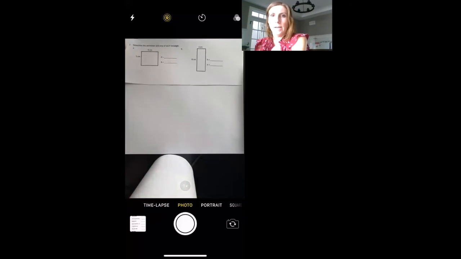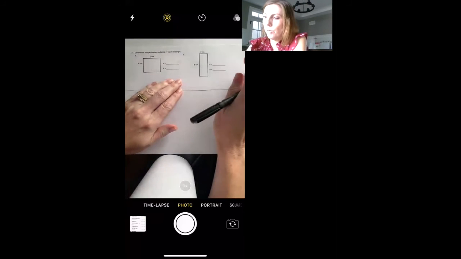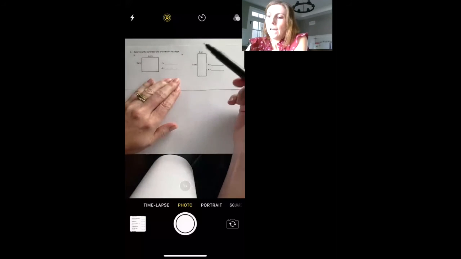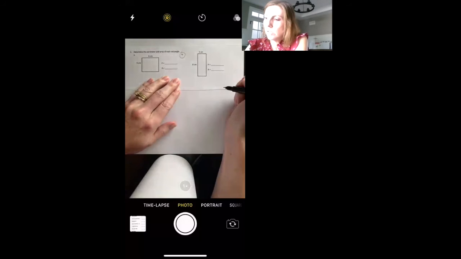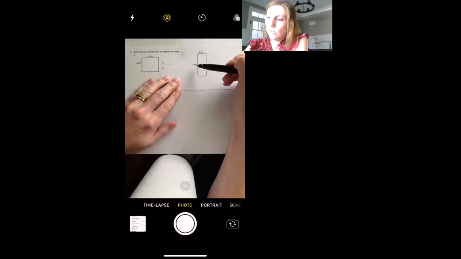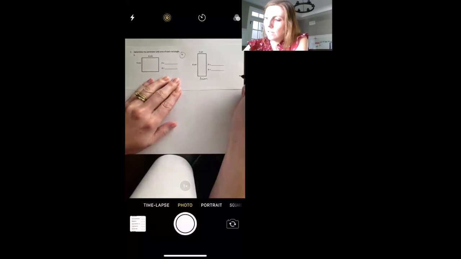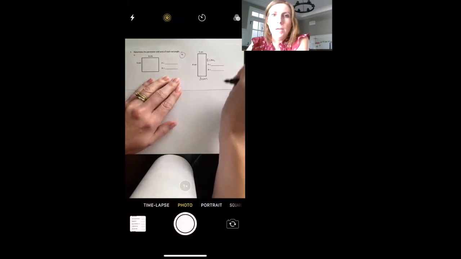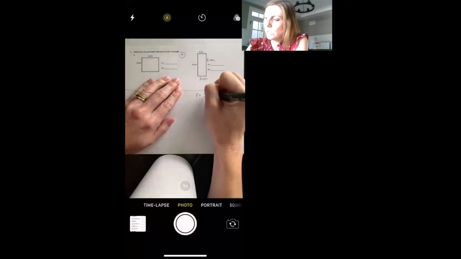So in your problem set today, as you do some practice at home, you're going to be asked to find the perimeter and the area of each rectangle. So let's start with B here. For our perimeter, we have 8 as our length and 3 as our width. So we know opposite sides, again, are the same. And if we use that equation that we learned, 2 times the length plus the width,